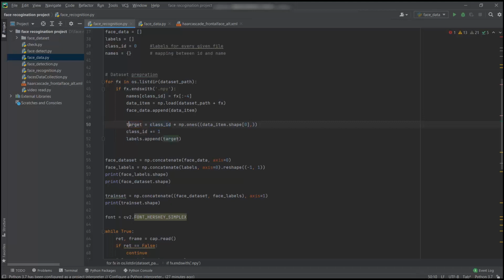And similarly, when the class ID is being incremented, like when the class ID is equal to 2, then 2 is multiplied by an array of ones, and it will become an array of 2s. The basic difference is that the size of all these target arrays is different. Based on the particular faces, the size of the arrays and the number of arrays are different. So that's how we are modifying the facial data into target variables and storing all the data